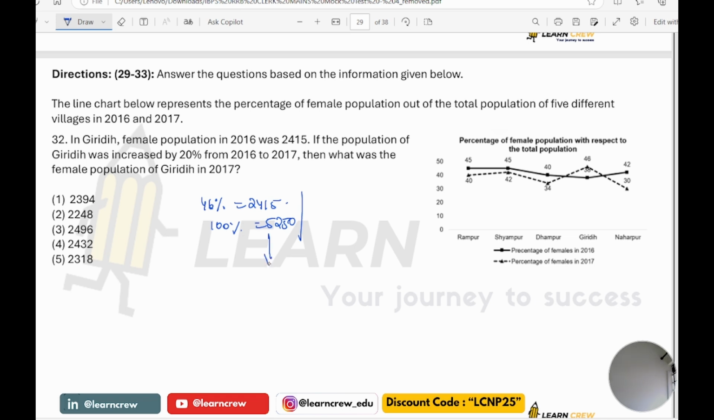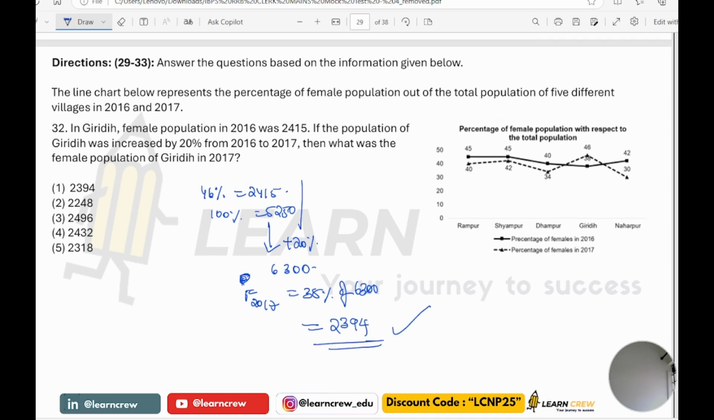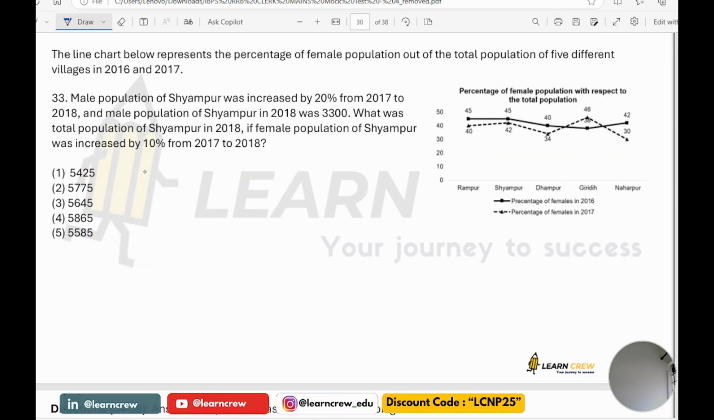It is increased by 20%. So it becomes 6300. And females in the same in 2017 is 38% of 6300. So how much is it? 38% of 6300 is 2394. 2394 is the answer. Now next, male population of Shampur was increased by 20% from 17 to 18, and the